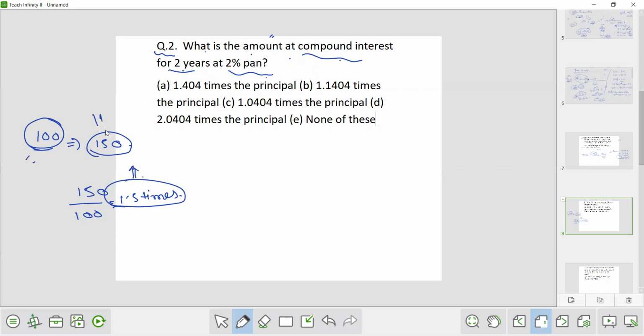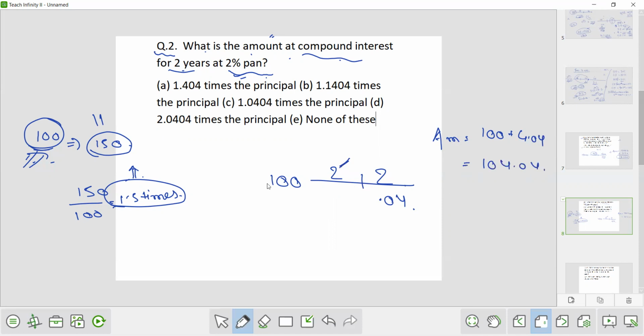So in this way you have to answer the question that this amount is how many times of this principal. So first you will calculate the amount, then you will divide it by the principal, so the result will be your answer. Okay, so rate is 2% per annum. Suppose you have deposited 100 rupees, rate is 2% per annum. So first year simple interest is 2, second year is 2, and for second year what compound interest will you get? So this interest on interest, that is 2% of 2, that is 0.04. Now the amount will be how much? Amount is 100 plus 2 plus 2, 4, and 0.04, that is 4.04,